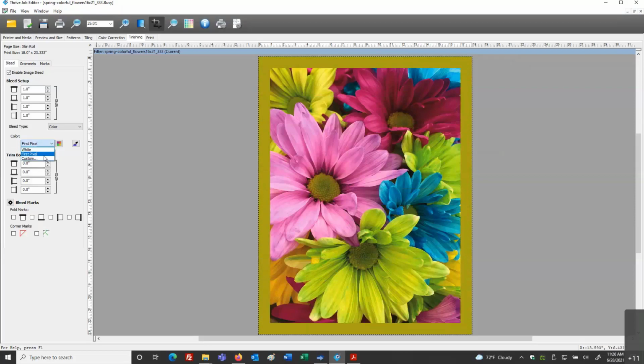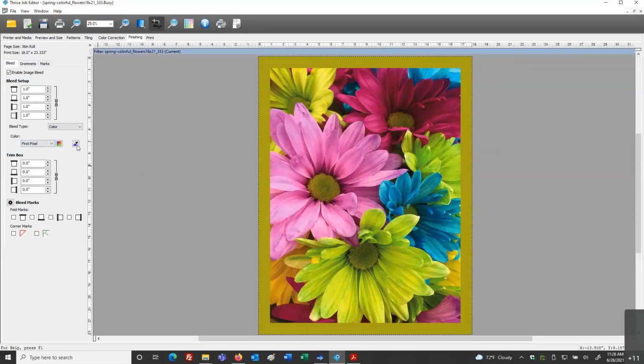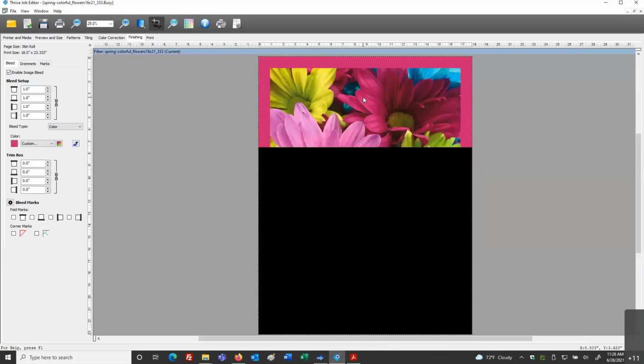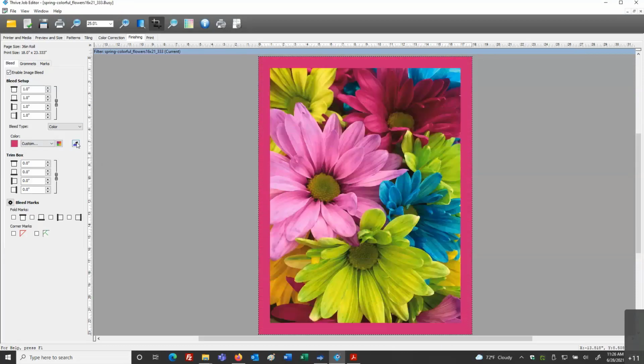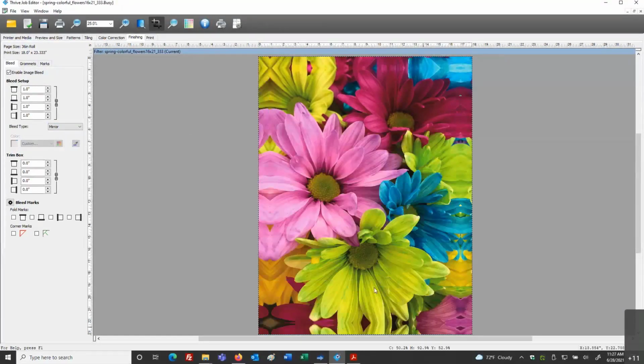Or I can say custom and type in my own recipe. Or if I use the eyedropper, I can select the eyedropper and pick a color in my subject matter. So you can see we've got some versatility to how we want to select this part of this area. I'm going to go back to a mirror image and mirror my image in that bleed.